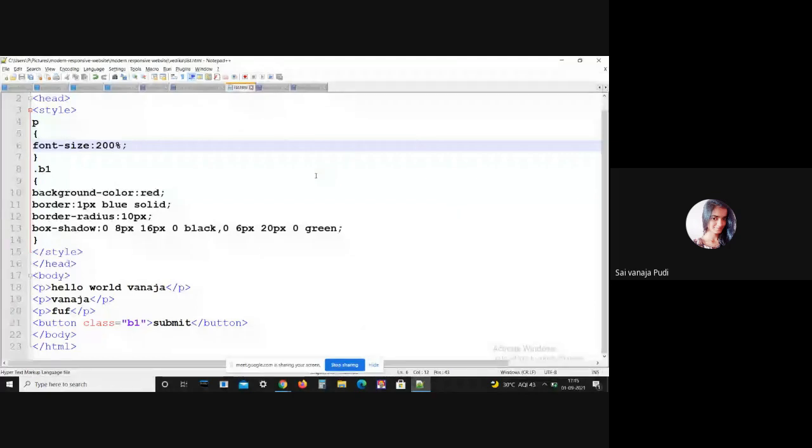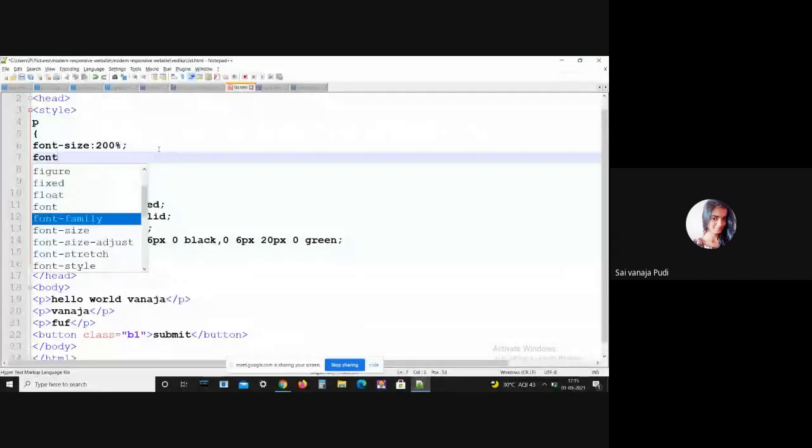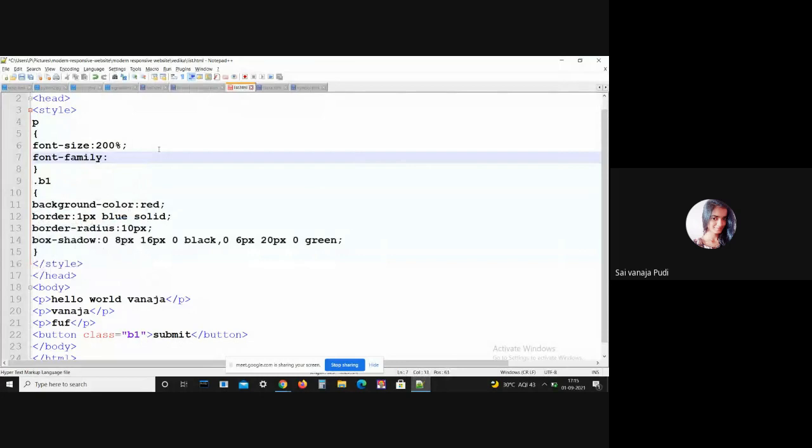And followed by, what is the CSS font family. I have explained that generally this font family is divided into two types, that is generic family and font family. Let me give font family mono.